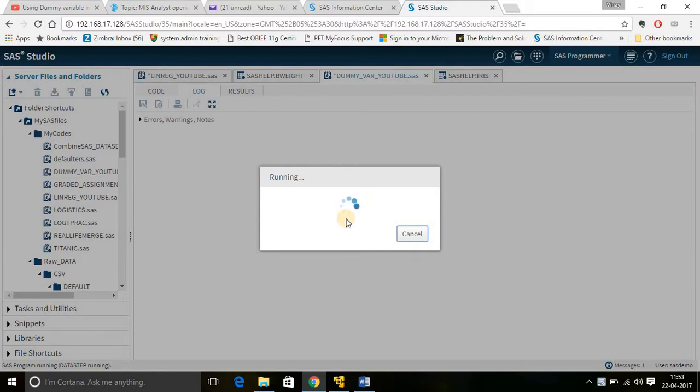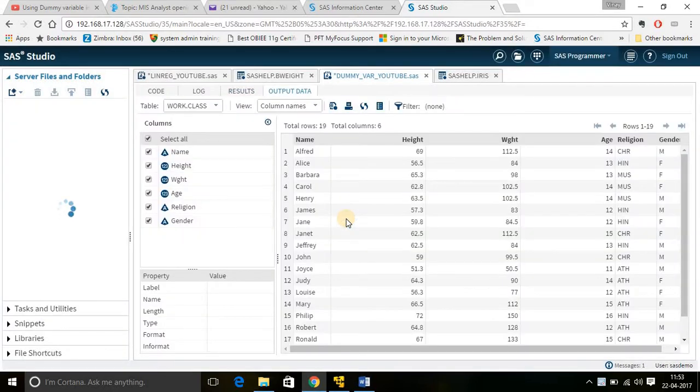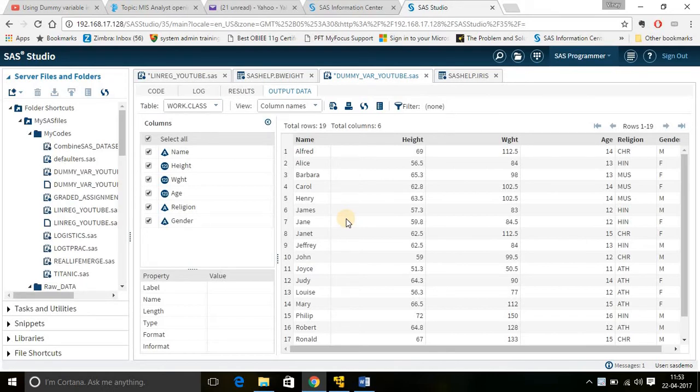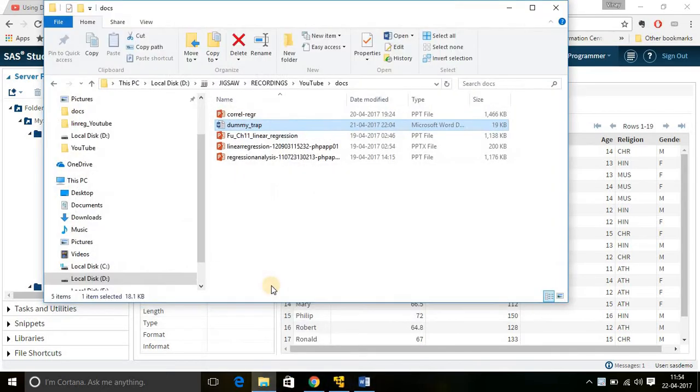So we remember that in linear regression we are trying to predict the y variable using x variables, and the criterion is that both x and y have to be numbers, because the equation for linear regression is y is equal to beta naught plus beta 1 x1 plus beta 2 x2 plus beta 3 x3 and so on.